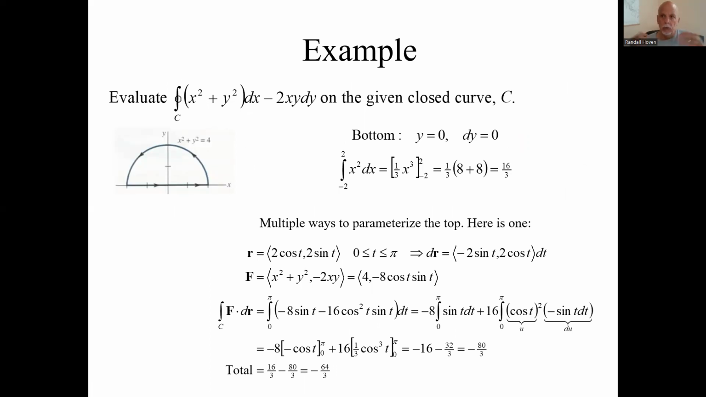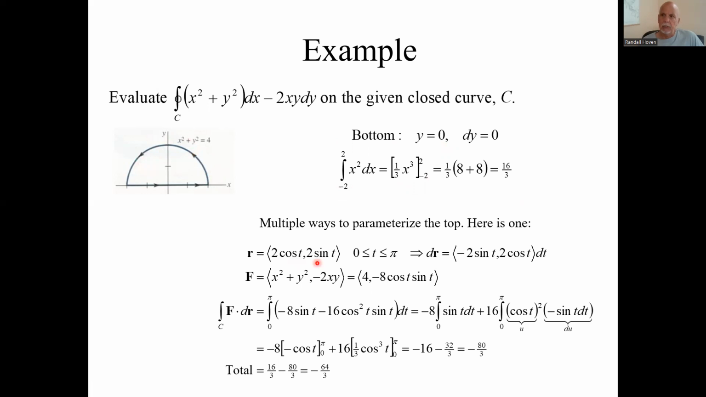In this example, you again have to come up with your own parameterization. This leg is easy. It's like the other drawing we did. Y is 0 and dy is 0 here. So the first leg is just going to be x squared dx. Y part goes away. So that's that bottom leg. For the top leg, there's multiple ways to parameterize it, but since it's nice and circular,